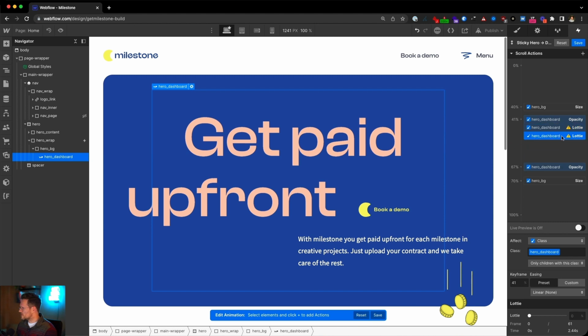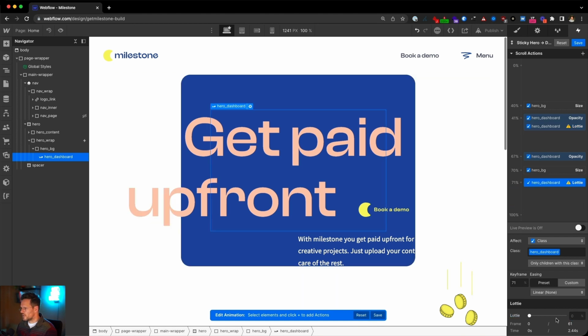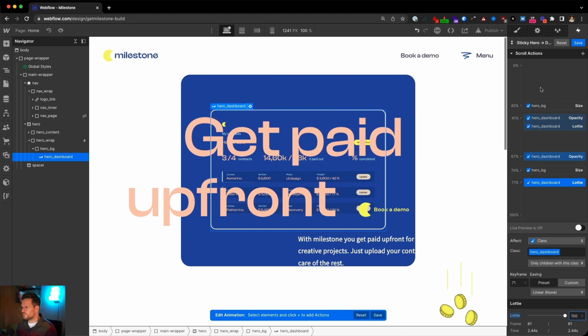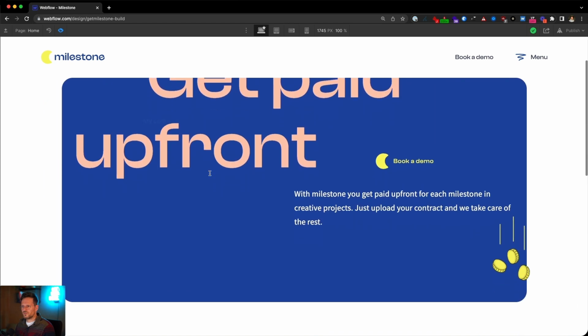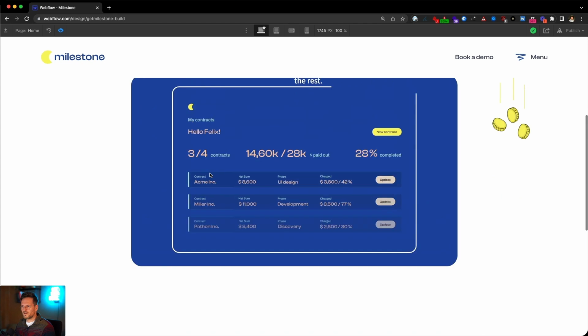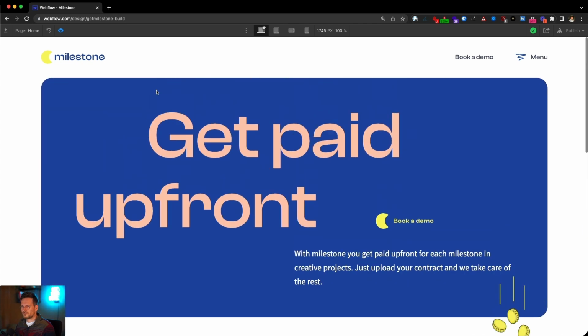Let's duplicate it and move it to, actually this should run pretty long, something like this here. Yeah, and we can start at 0 and we can end at 100%. Let's see how it looks like. Yeah, looks pretty cool. We can probably tweak it a little bit later.